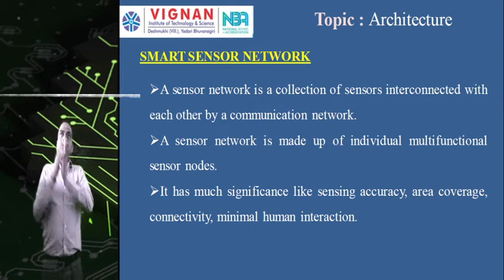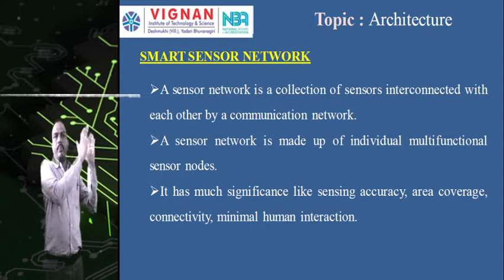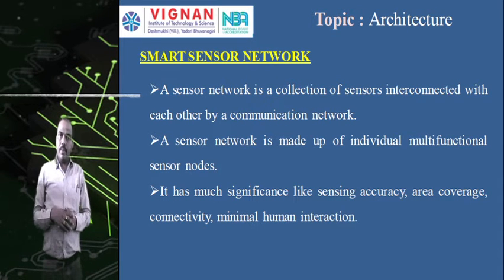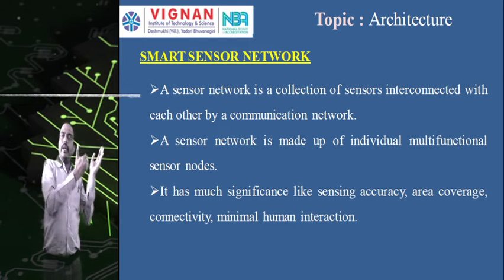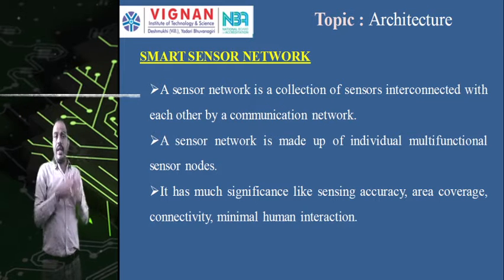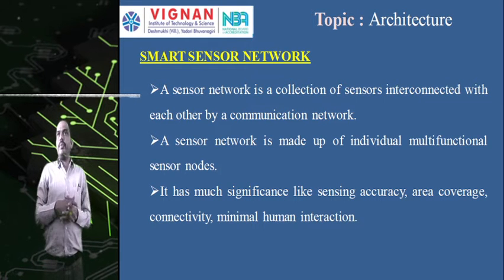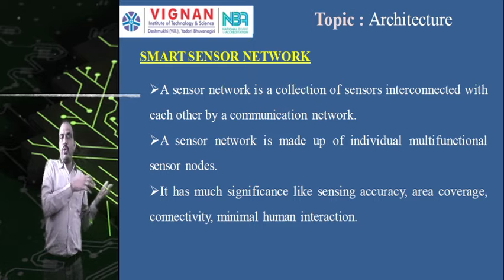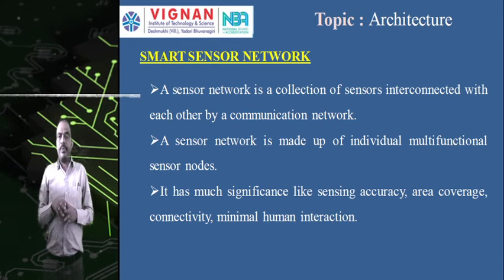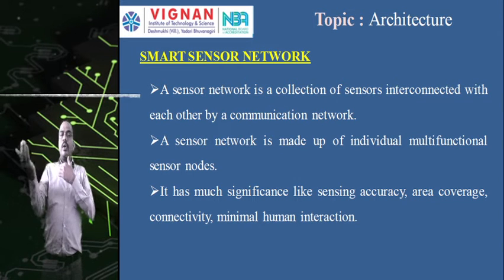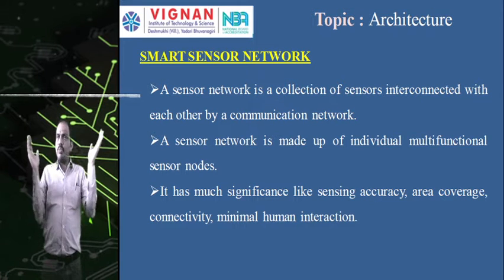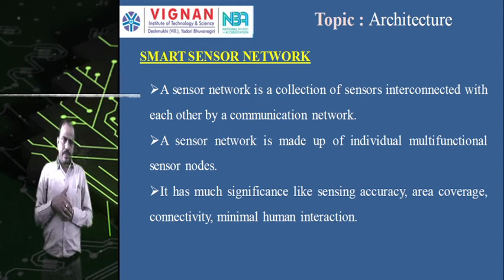Whereas in the previous case, we had a separate sensor for temperature, a separate sensor for pressure, and flow in a particular process. Sometimes the temperature depends upon the pressure as well as flow, or the flow depends upon the temperature or pressure, like that. They are all interconnected. So we need to correct externally and take decisions to increase the temperature or to increase the flow. Whereas in the smart sensor network, the connectivity will be more and the human interference can be reduced. In a small area we can build all the components so that the accuracy will be more. The interdependence.